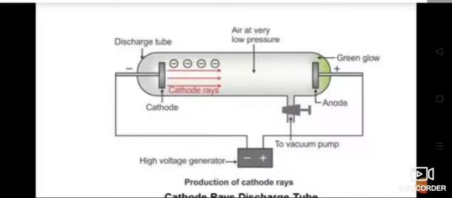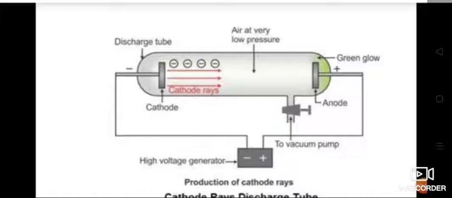In the absence of an electrical or magnetic field, these rays travel in a straight line. In the presence of an electrical or magnetic field, cathode rays behave like negatively charged particles, suggesting that cathode rays consist of negatively charged particles called electrons. At first they didn't name them electrons. They only studied the properties of cathode rays, which have a negative charge.